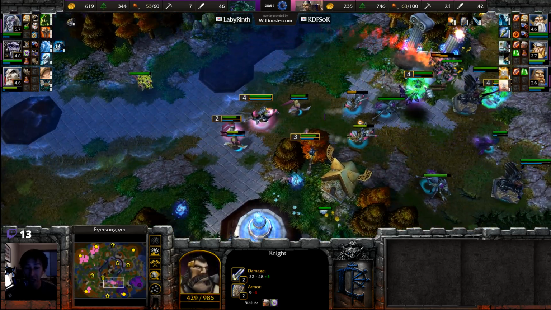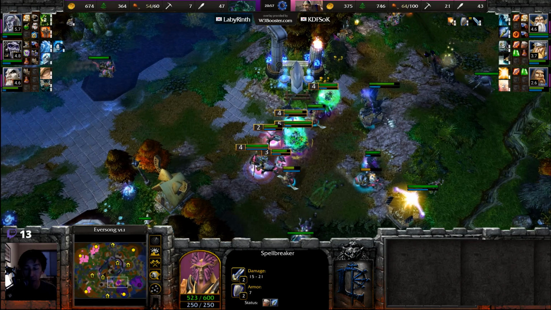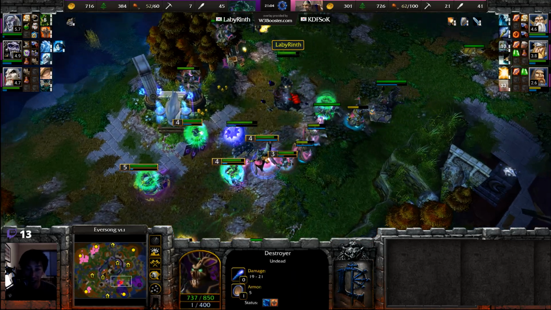One Banshee getting Dark Ritualed again, but that is a negative amount of mana, as the Dark Ritual does cost a bit of mana there. Lich now getting very close to level 5 here. Banshee could get taken down. Death Knight